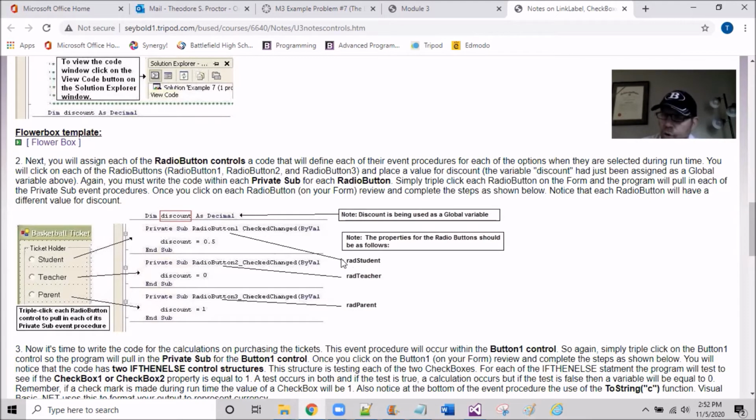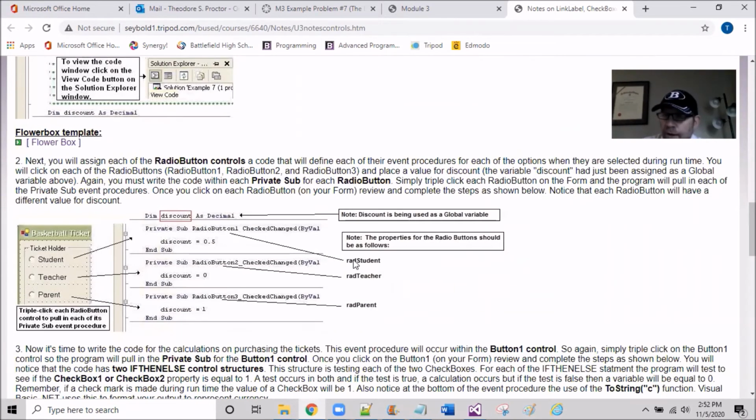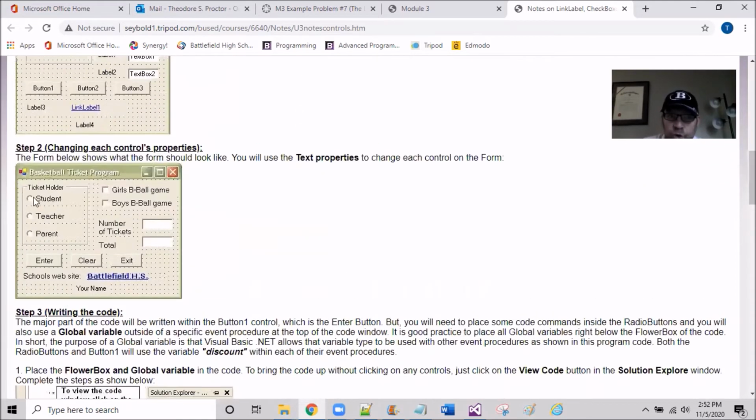And you can notice over here what a good name for the radio button should be for the name. RAD, radio student, and so that should be showing up RAD student. So up here, when you click on the student, the name property should be RAD student, and then RAD teacher and